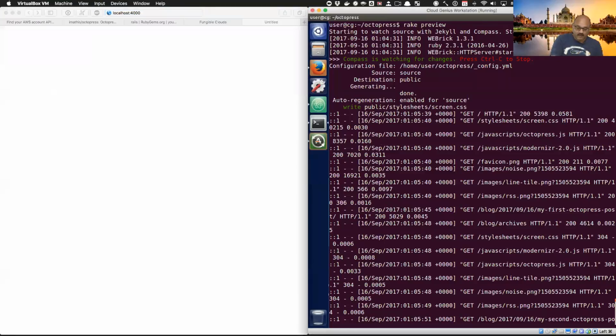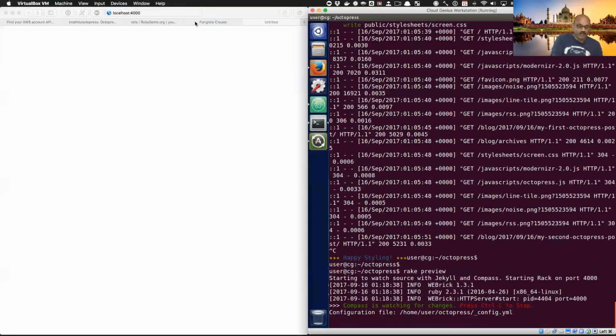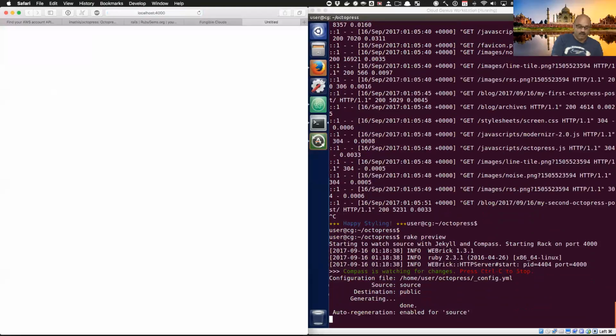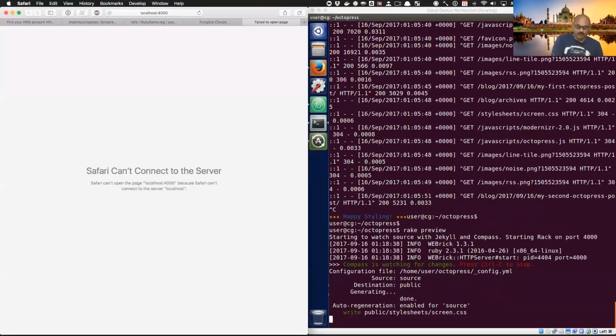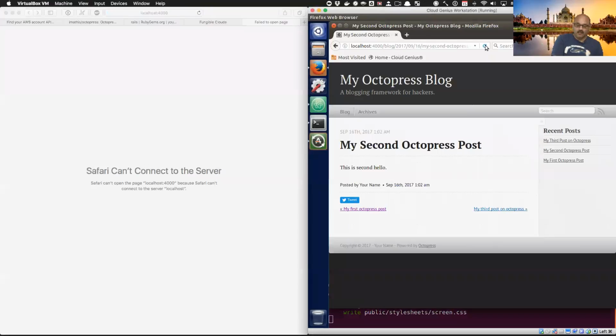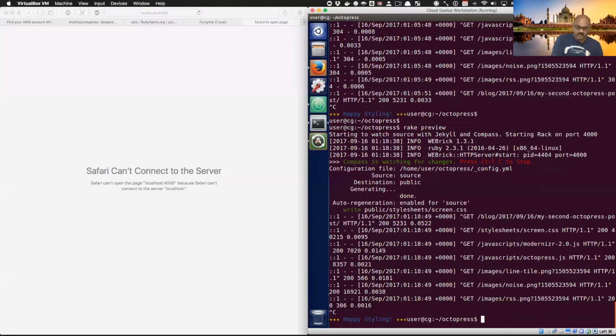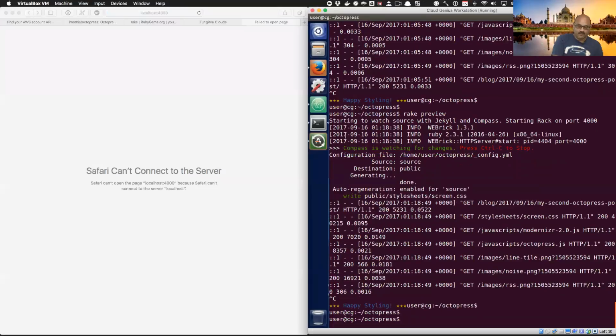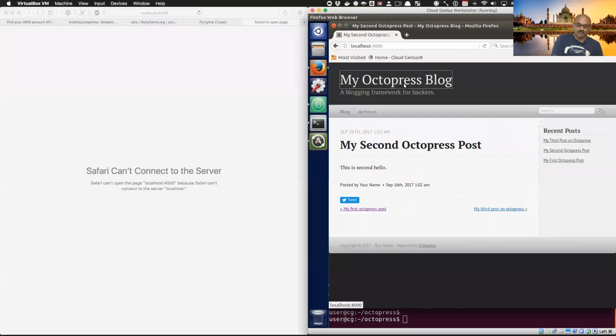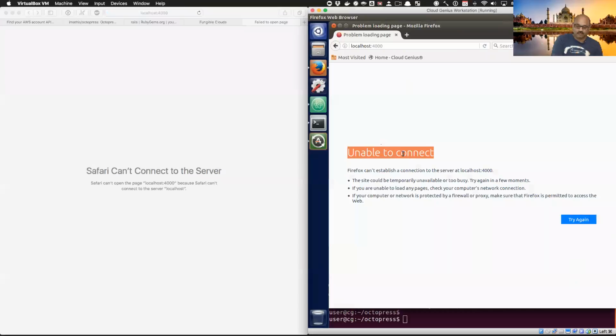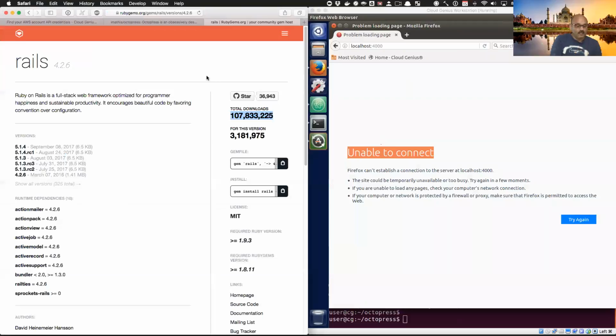We'll just verify that. I run rake preview again and try to open the same site on a local laptop. Nothing will open. Only within the browser here will this work. If you now break that rake server with Control C, and go back to the web browser, even this browser will not work anymore. It will say unable to connect because the server is broken, the local rake preview rack server. Now, on this side,